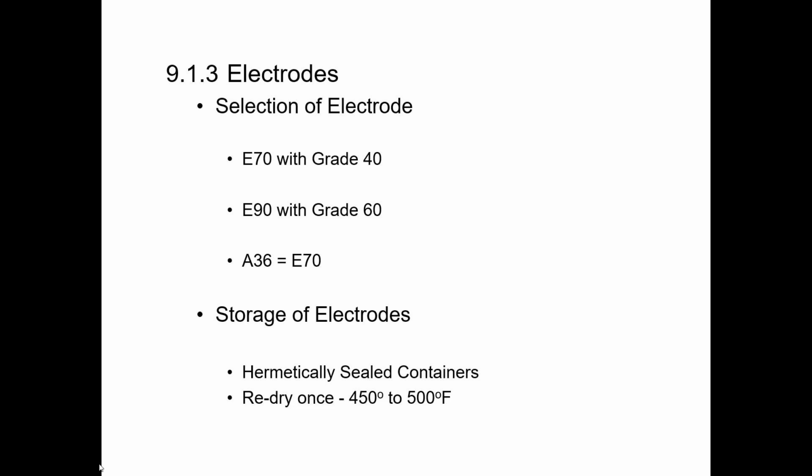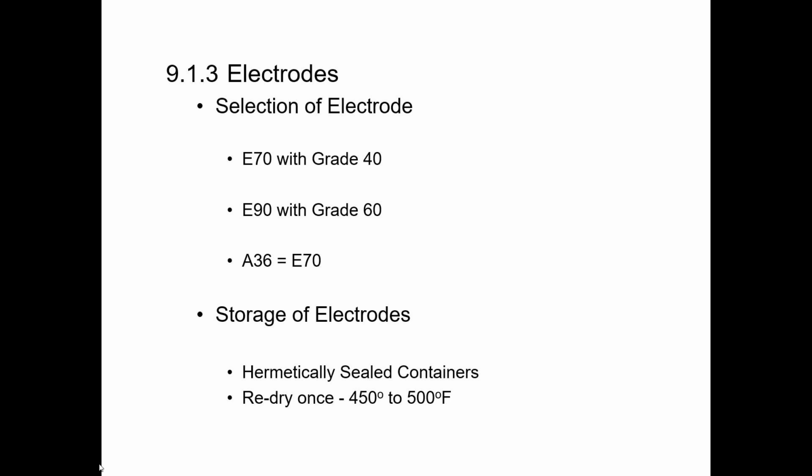All right, let's skip down a couple of sentences, and I'm going to have you make one or two more corrections, and then I'll explain why we're correcting this. I think it's the second to last sentence on the page. It says, if a grade 60 bar is welded to a plate of A36 steel, the electrode must be matched to the bar. And I want you to mark out bar and write plate. So it should read, the electrode must be matched to the plate,